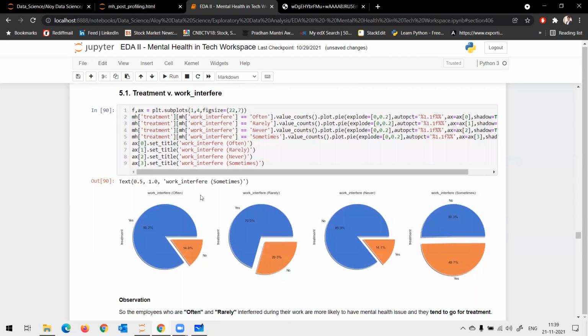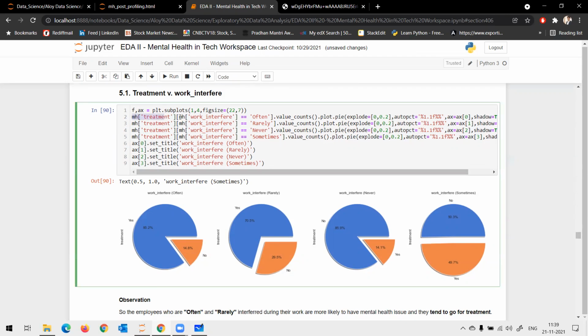I had four sections in work interference: often, rarely, never, and sometimes. I categorize them and plot four pie charts. The first pie chart is the category of people who often face work interference and whether they go for treatment or not.